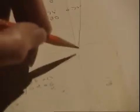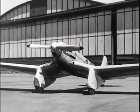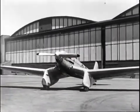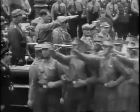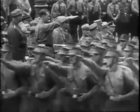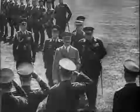In 1930, the British government had issued an official request to the aircraft industry to submit designs for a new fighter. Mitchell produced an aircraft which stuck closely to the government's brief, but proved to be little better than the biplanes it was meant to replace. He went back to the drawing board. Then, in 1933, a new sense of urgency focused his mind. The Nazi